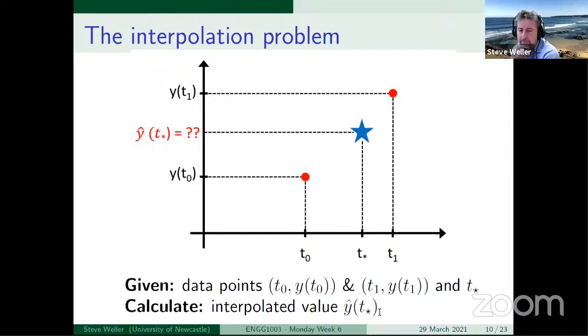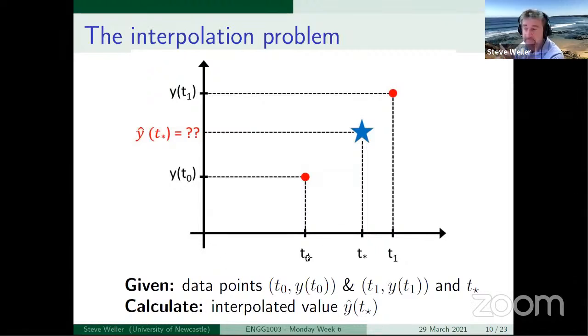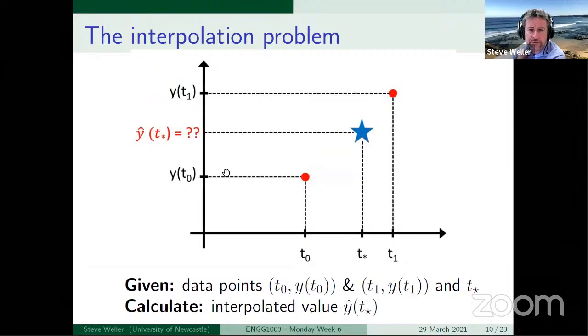We're given data points, and I've written them here as a pair of numbers, a t value and the corresponding function value at that t. So at t0, think of it as time t0, the function y at t0 takes this value